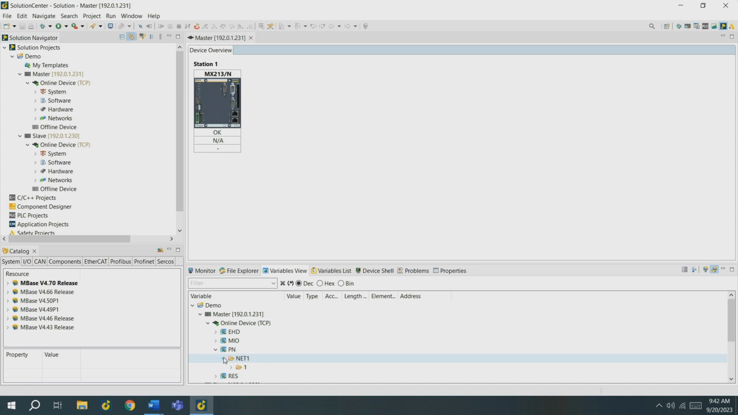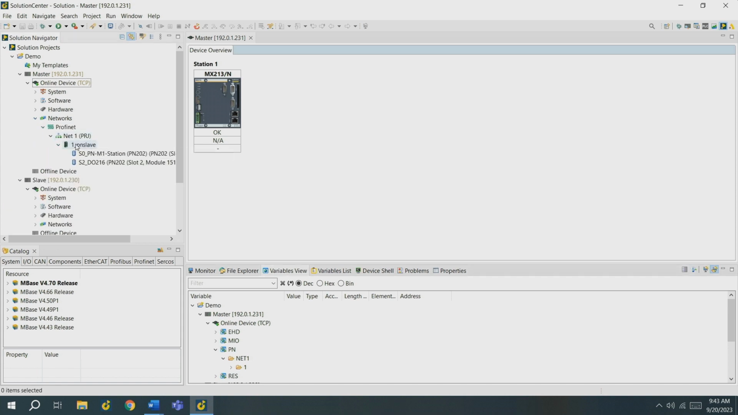Now that our master and slave have rebooted, we're going to check if everything is working correctly. So we open our Networks tab on our master, Profinet, and then open our P and slave again. And as you can see, the blue icon is there again, which means that our hardware module is now added